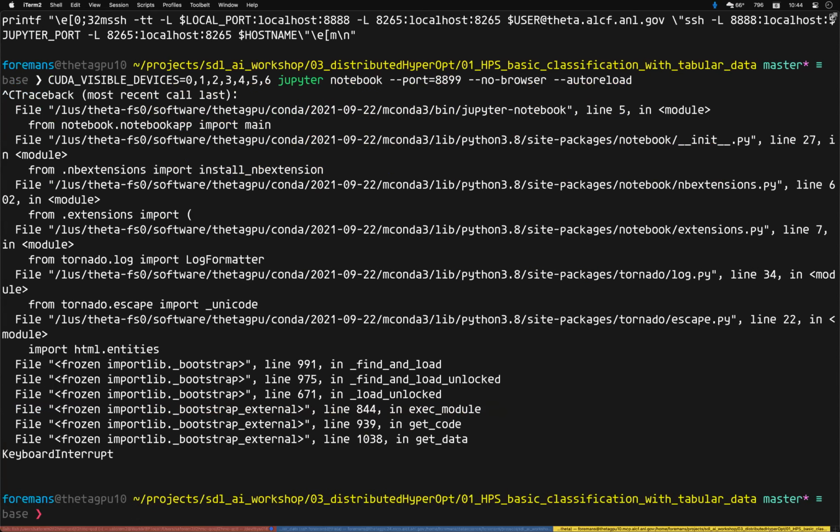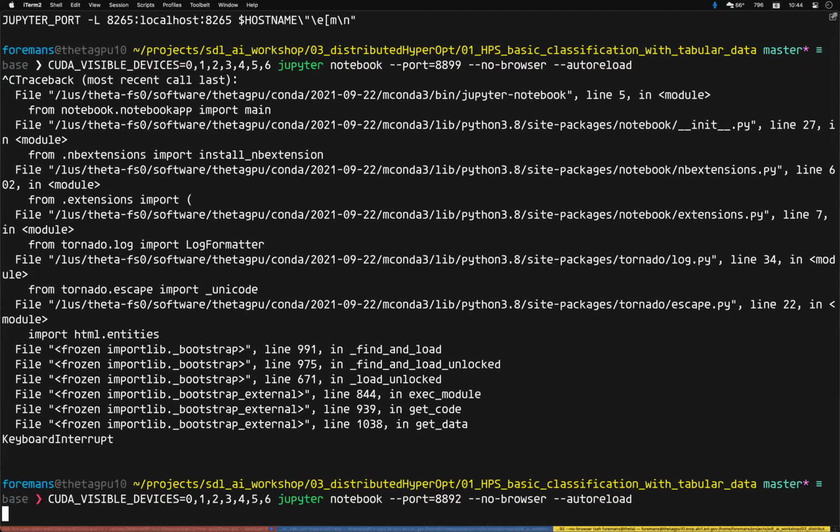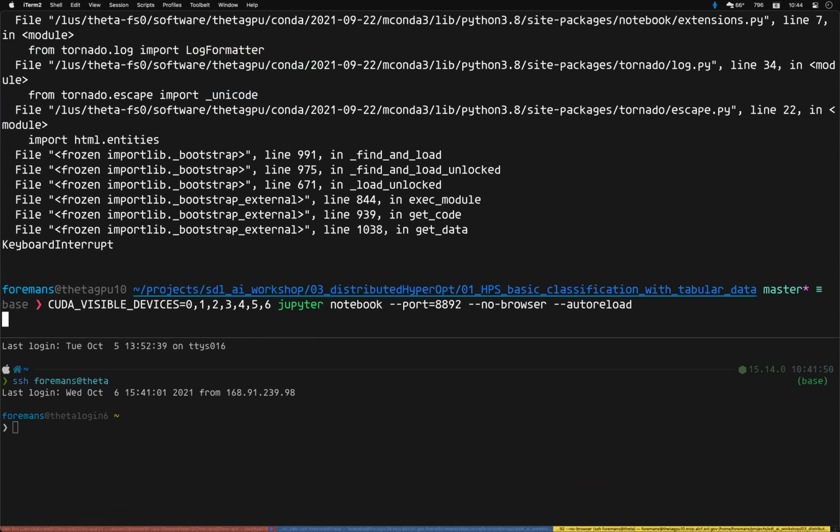Oh, that's going to give me a problem. So I should specify the port. There are multiple ways of doing this. I think it might be a little bit different in the shell script, but the idea is all the same. Once that should be started,